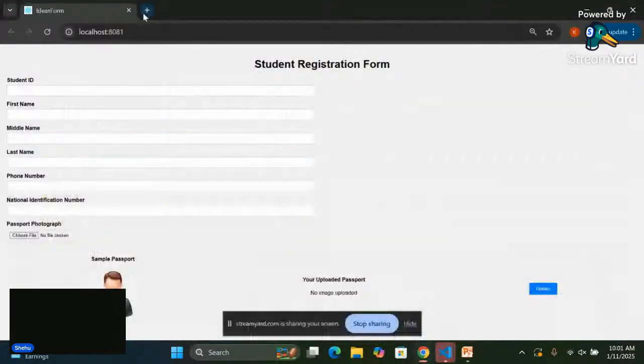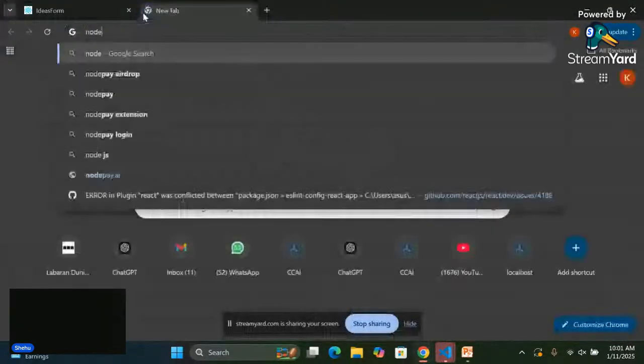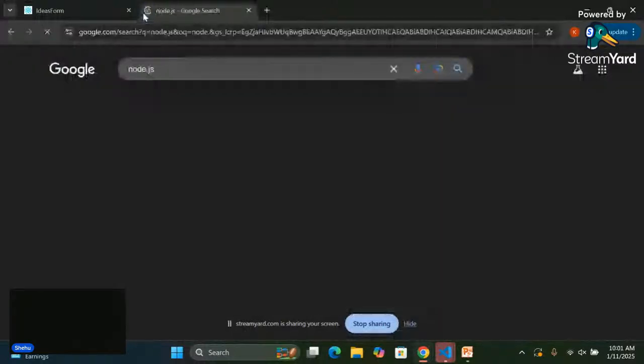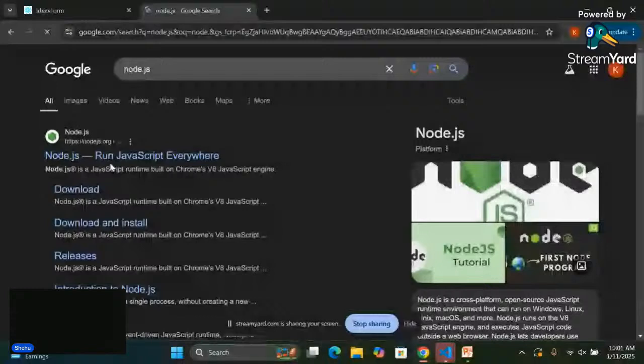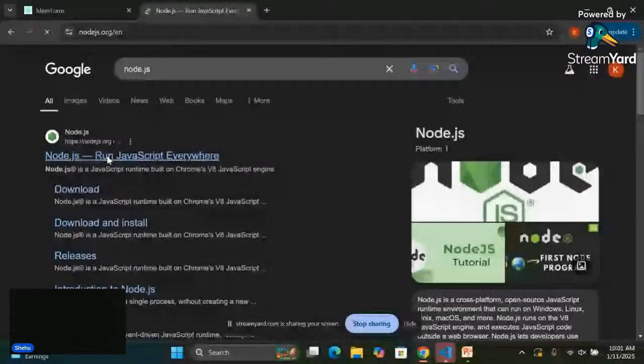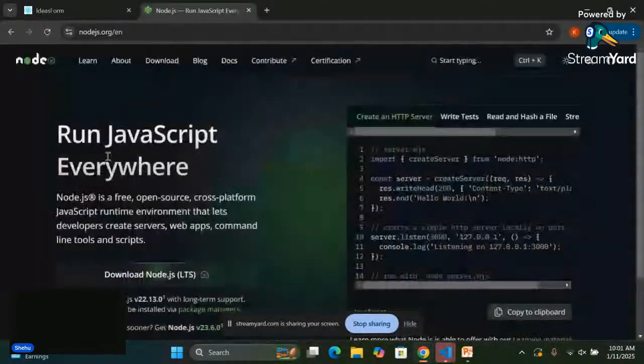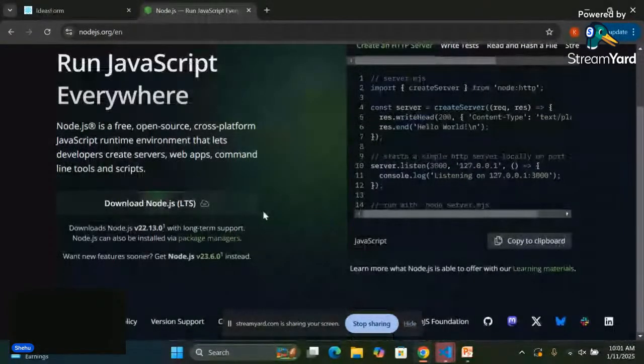So it's going to be nodejs.org. For those online who have downloaded VS Code and have not worked on anything Node, please go to nodejs.org and download Node.js. When you download and install this,